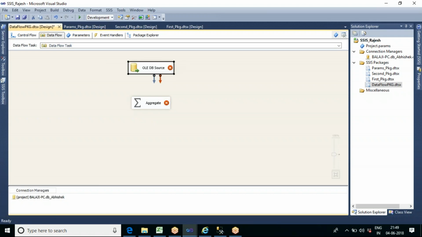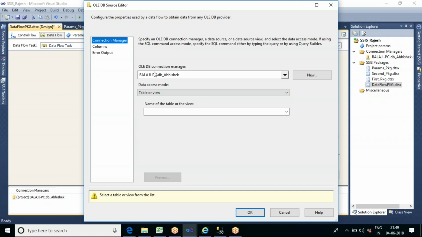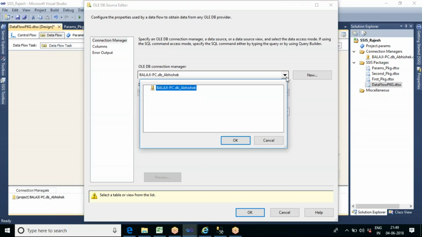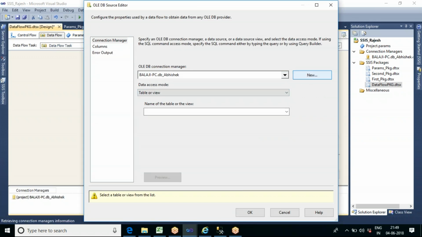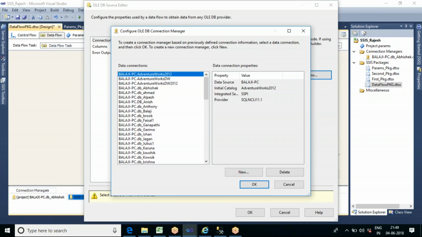So here, your source data is coming from the DB-SAI4 database, no? So let us create a connection to the database. Click on new.